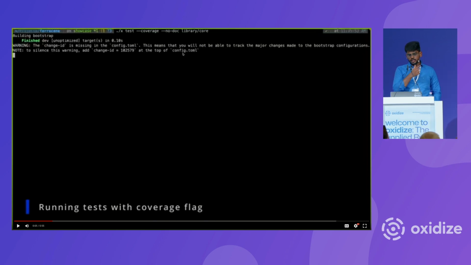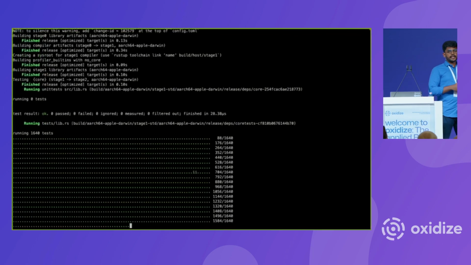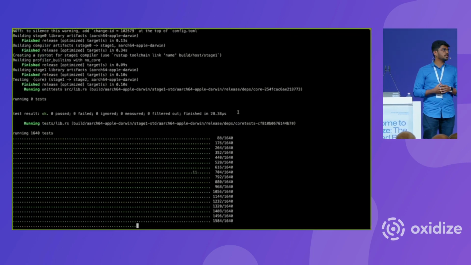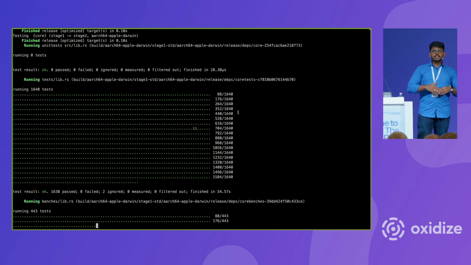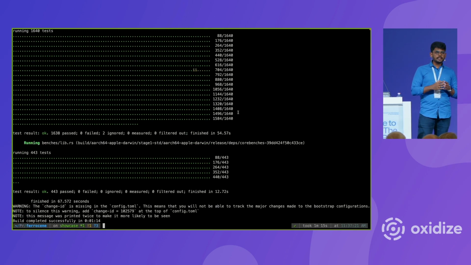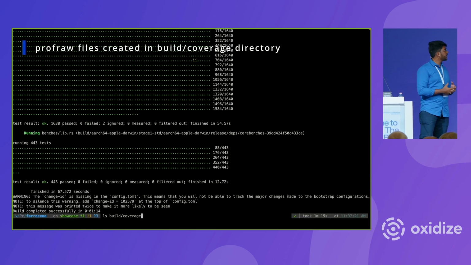By the way, this is how we are creating the test coverage. We are running the bootstrap command here. The .x is the bootstrap command, if you're not seeing cargo. It first runs the test and it creates an executable which contains the profiler built-ins. And when this executable is run, since it has profiler runtime as part of it, profiles will be created,